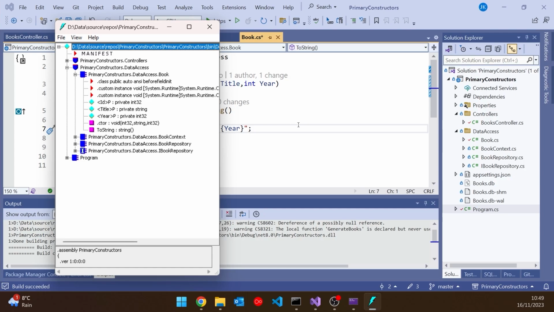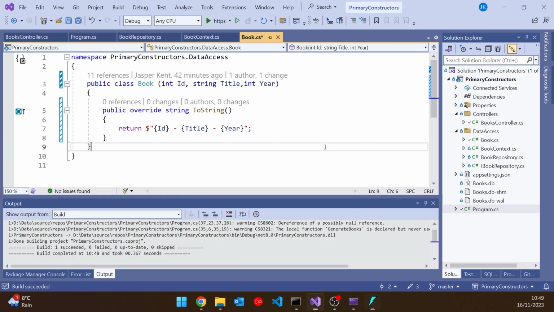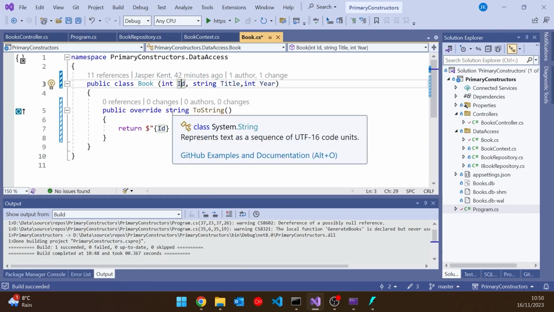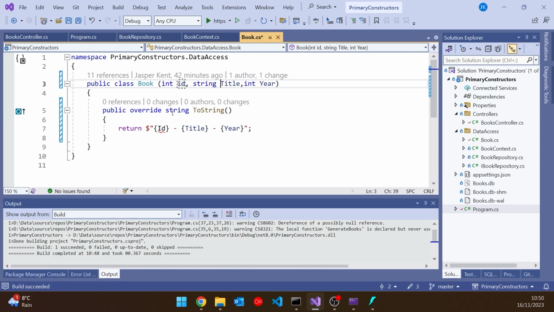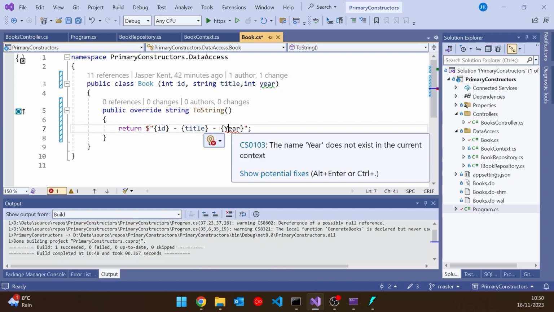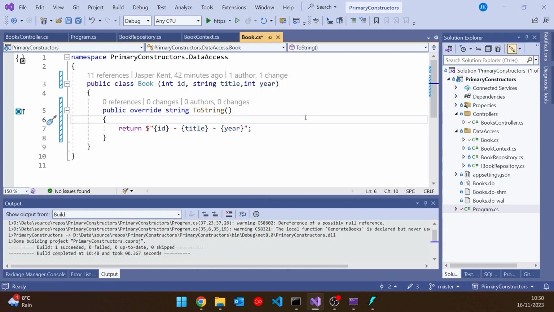But another thing to notice there is that because these are now fields, in terms of a naming convention, it would be more appropriate to have them in camel case with a lowercase on there, and then that just is the normal naming convention for private fields, which is what we've got. So we could do that as well, and that would be fine. So that's the sort of thing that we can do in there.